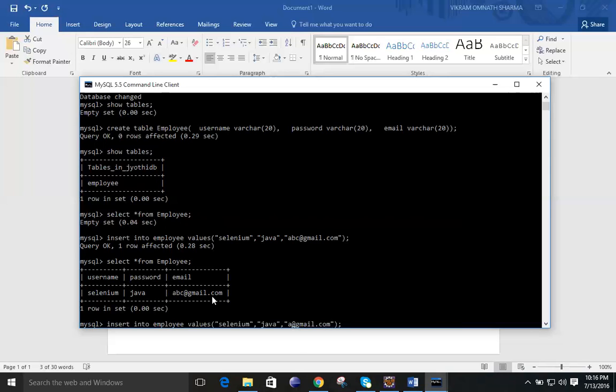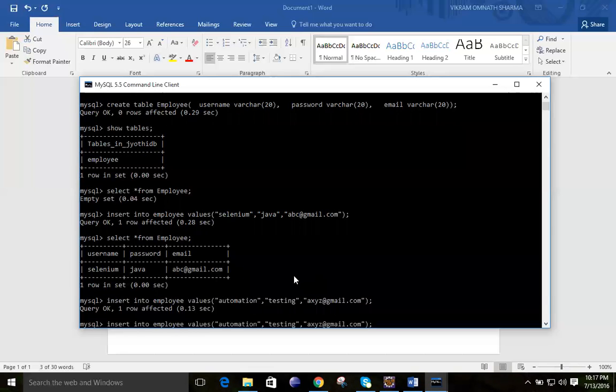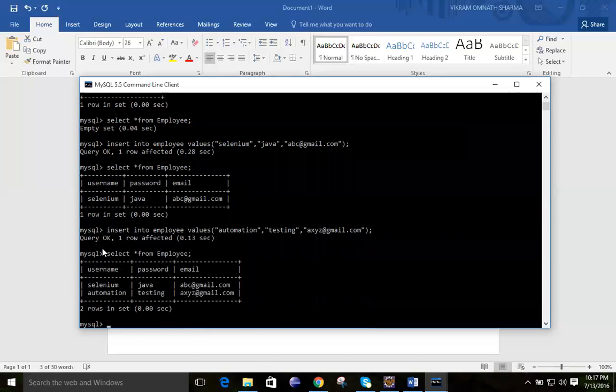Then only you will be able to work with this one, or if you want you can live with this one only. Testing. Automation testing. Again we will verify whether that is inserted. Yes. So now in the employee table we have two rows.